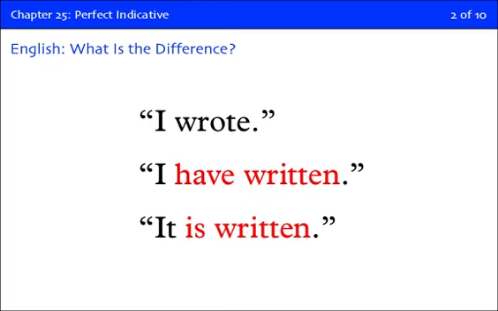And what we generally do in first year Greek is reserve the use of the helping verbs have and has to translate the perfect tense. So you say, I wrote for the aorist, and I have written for the perfect. And once you get more comfortable with the perfect, and you may look at the consequence of a verse, and you may say, oh, it is written will become your translation of a perfect. But that's a little on down the line, and we may want to just stick with a have or has right now with the perfect.